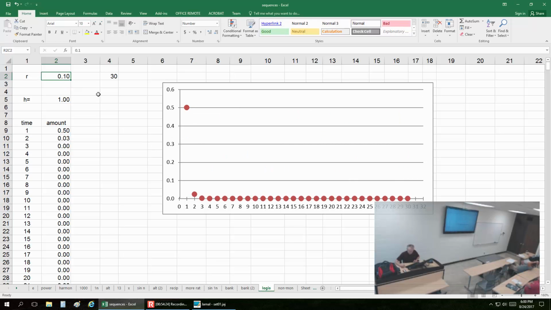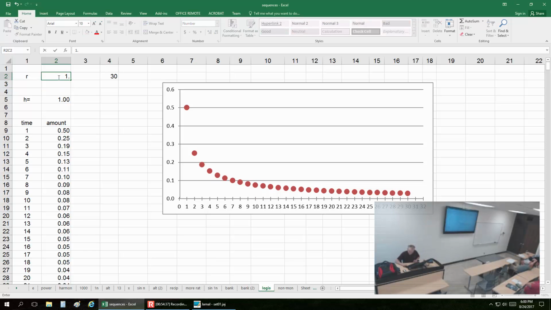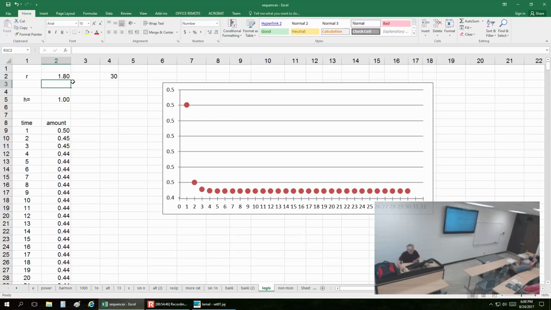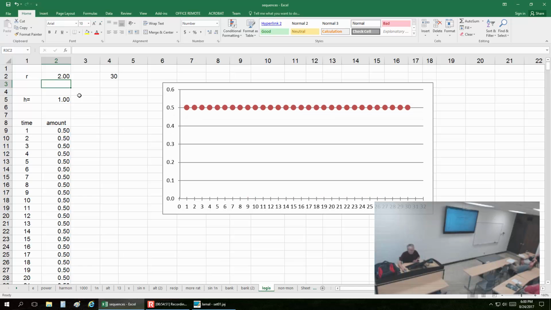Well, let me go through these. 0.3, 0.8. Okay, so it's still very, very regular. 1, still regular. 1.5. It is not going to 0 anymore. It's going to, let's say, 0.3. And then things are changing slightly or not so slightly. At 2, it is constant to begin with. Okay? 2.1,